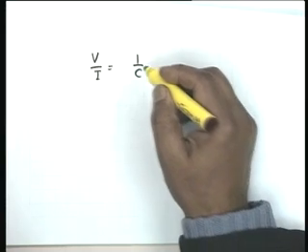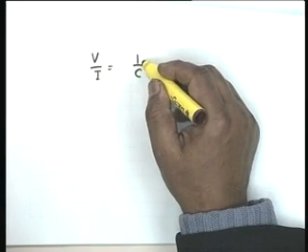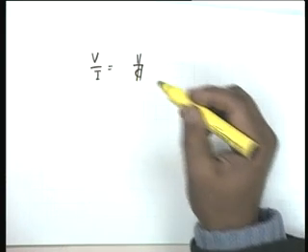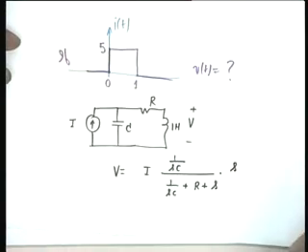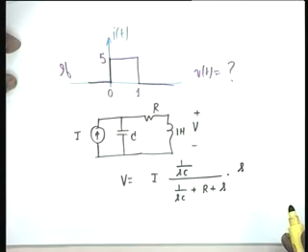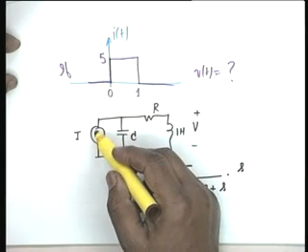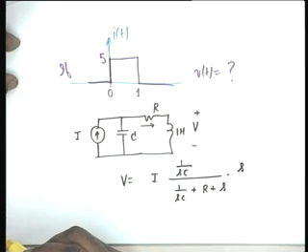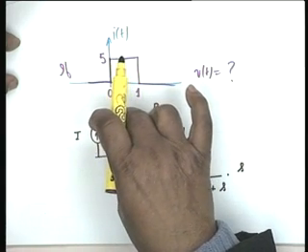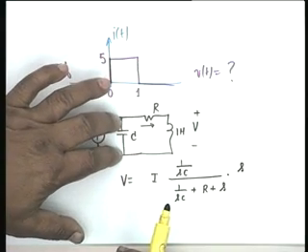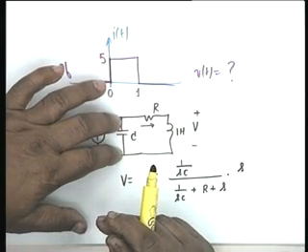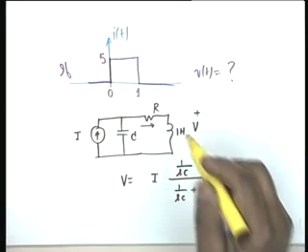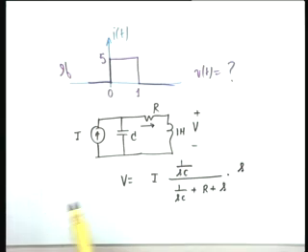Now, let us look at it like this. Yes? In the last part, aren't C parallel to series of R and L? Yes, that is okay, but I have a current generator. So what I am trying to find is this current. It is not this voltage that we are required to find. If this was the voltage, then it is a driving point function, and we would have simply found the impedance of C in parallel to R and L. That is not what we want. I want to find this current, then multiply by SL to get the voltage.